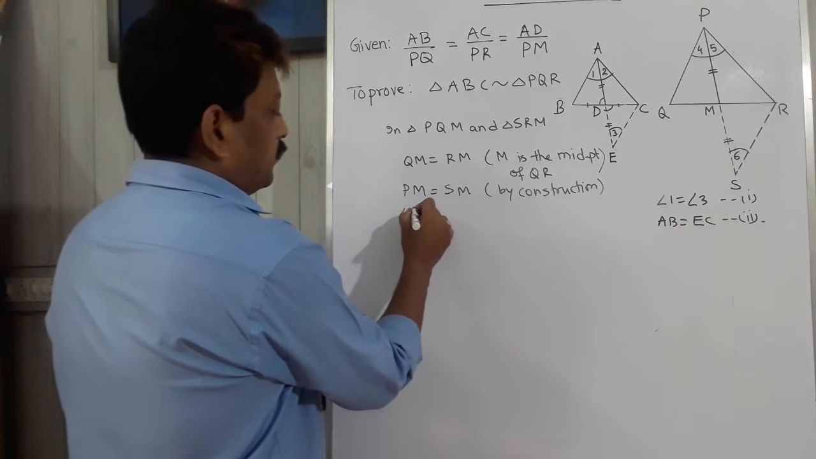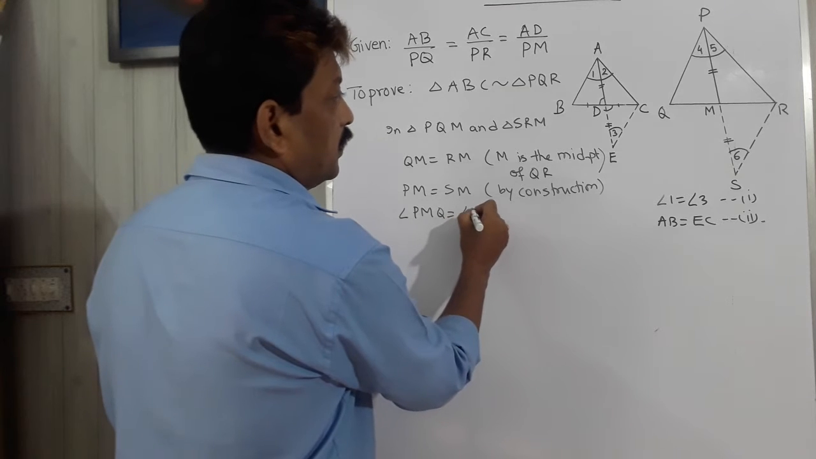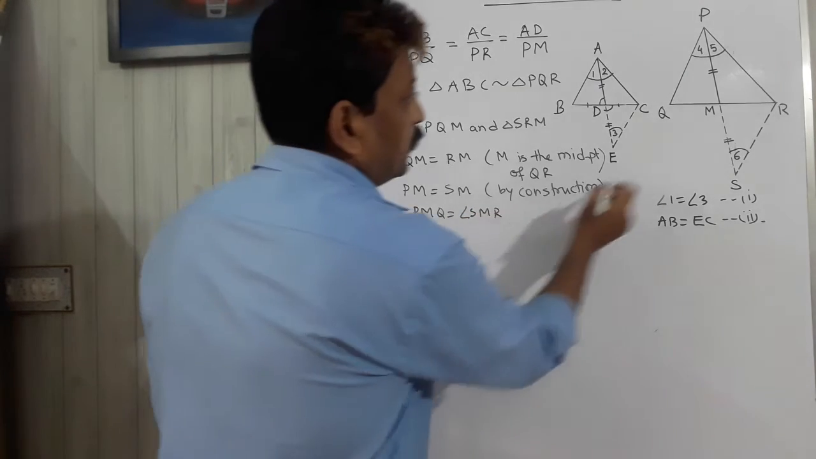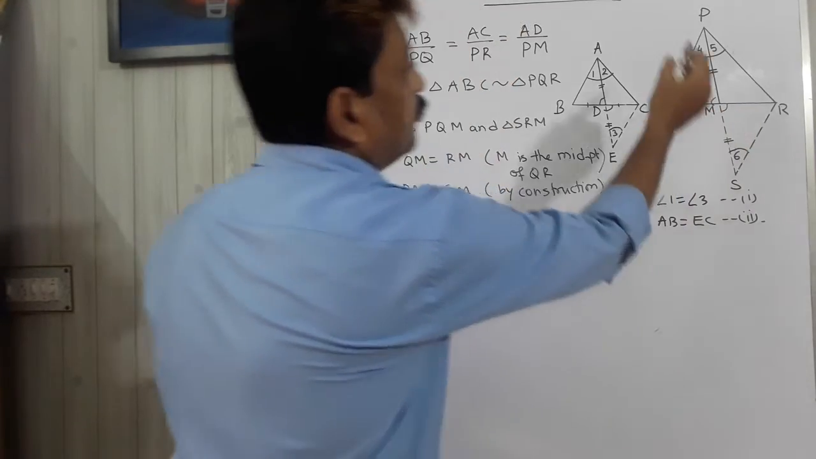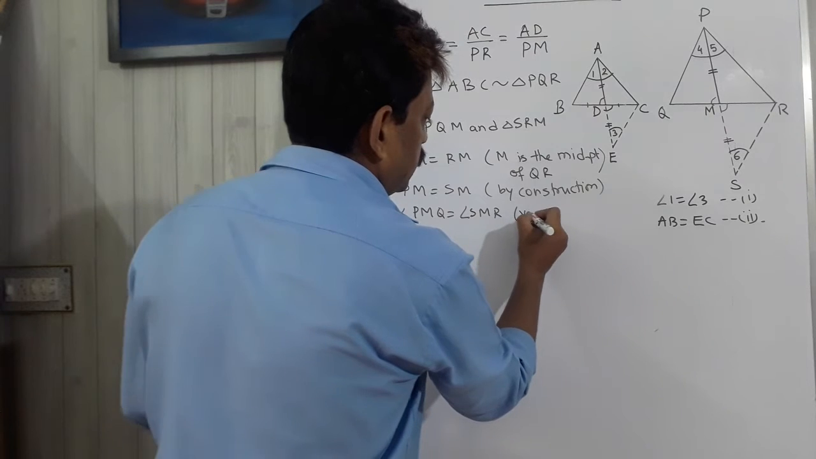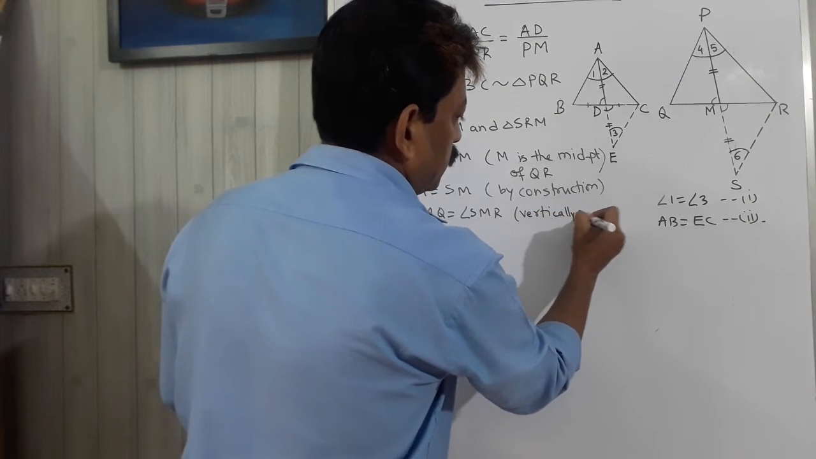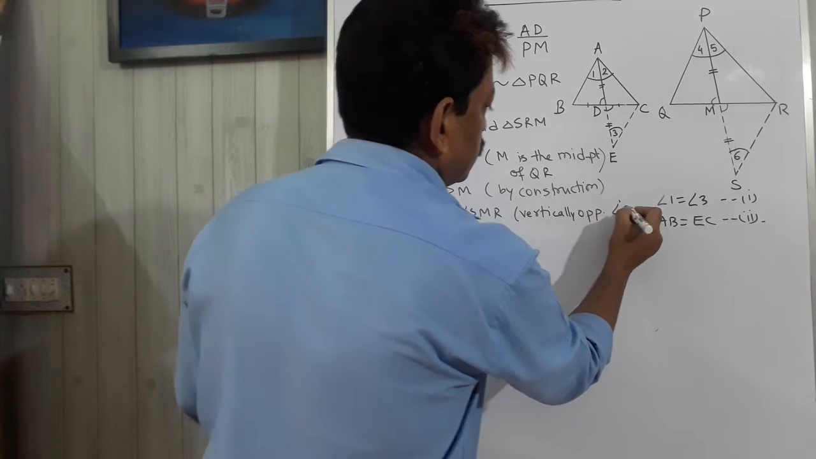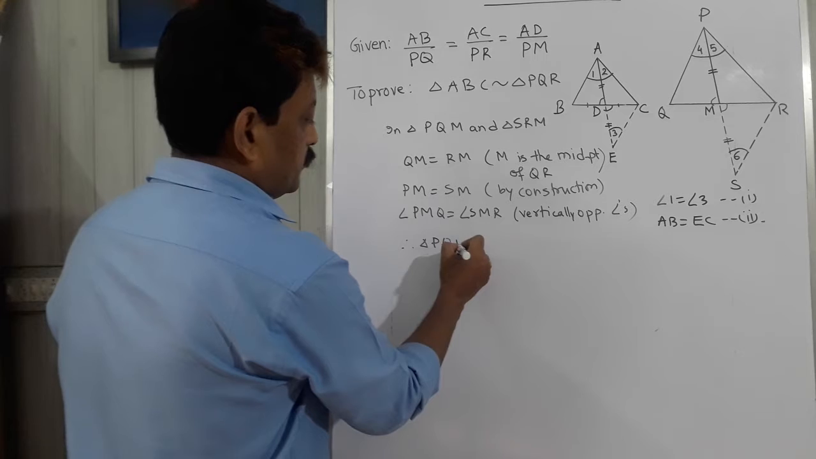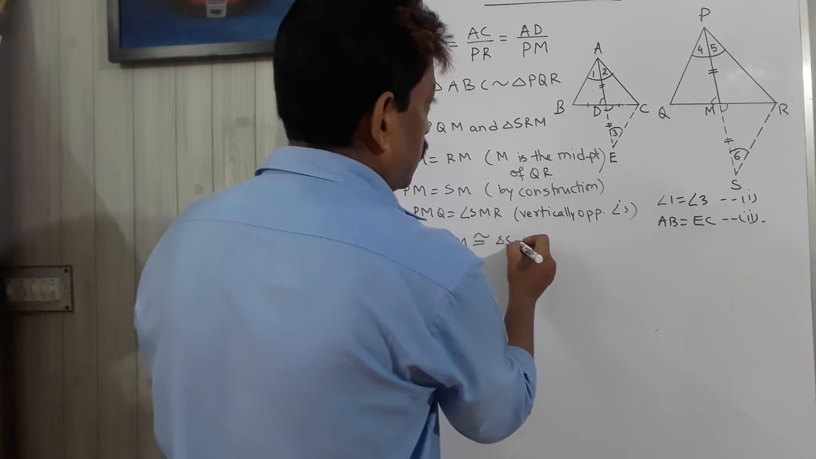And angle PMQ equals to angle SMR. These two angles, PMQ equals to SMR. This is also vertically opposite angles. Therefore, we can say triangle PQM is congruent to triangle SRM